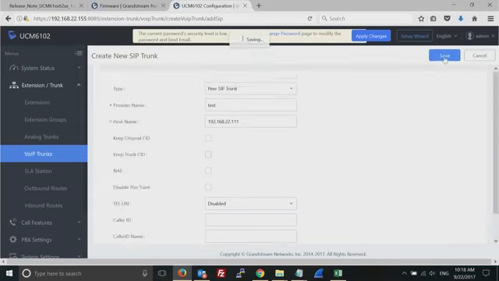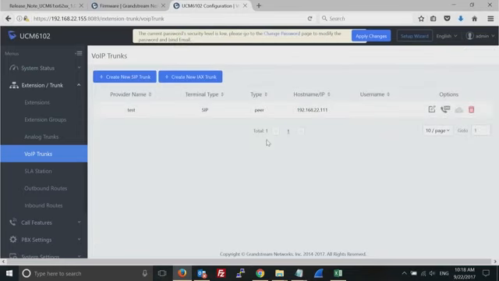So let's save it. Now we have a zip trunk. Sometimes you may have multiple DIDs with your zip provider. Sometimes your customer has an office with multiple groups of employees. So if you want to make an outbound call, but show a particular DID on your outbound calls, for example,